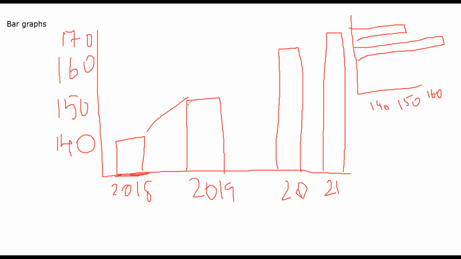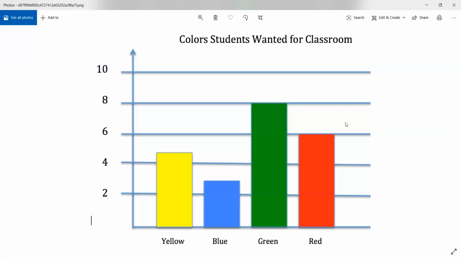Between 2000 to 18 there is a significant increase, between 19 to 20 there is even more increase, but there's not a lot of difference between 20 to 21. So this is another way through which you can represent data: a bar graph. If I show you an image, it looks like this. One second. Yeah, this is a simple bar diagram.